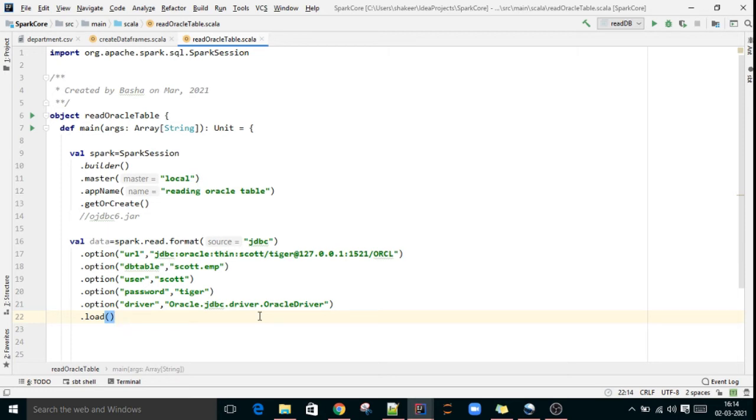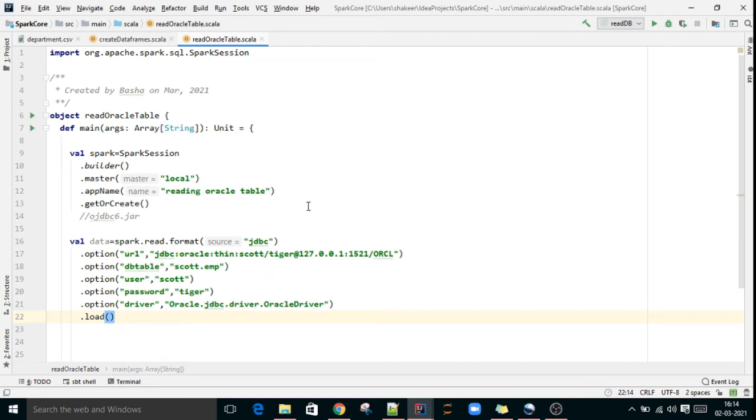Currently I'm hard coding all the values, but in projects we will provide all these URLs, usernames, and passwords in a configuration file, the application.properties file. In a Hadoop cluster there will be three stages: development, UAT and production.